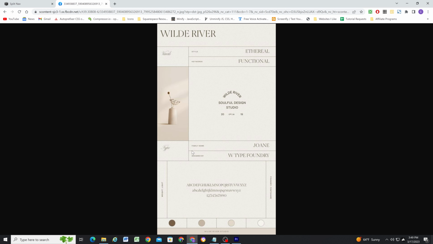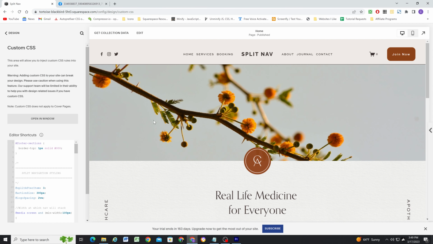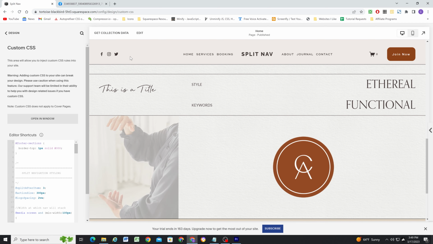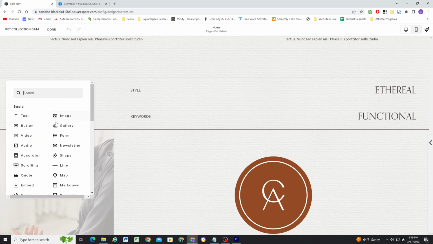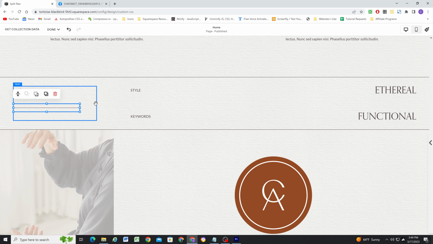So in the section, they kind of end short, but it looks like they go across the section. We'll get to the vertical line, but right now we have these horizontal lines. And the way that you can add those to the site is you can do that with a line block. So if I edit the page and in this section here, this is where I want my horizontal line, I can add a line block